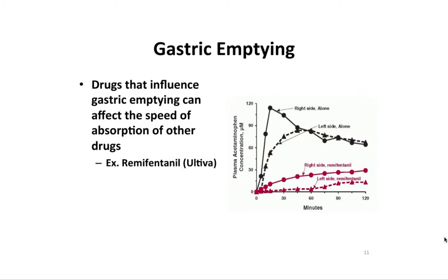Gastric emptying can, in instances, be the rate-limiting step for systemic drug absorption from the GI tract. For example, remifentanil, which is an ultra-short-acting opioid narcotic analgesic, actually slows gastric emptying. We know this is true, right? A lot of pain medications taken orally will slow it down, Percocet, for example, OxyContin, for example. These actually slow gastric emptying or gastric movement, GI movement in general, and that's one of the side effects associated